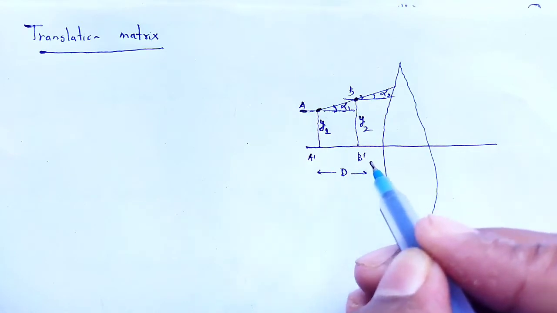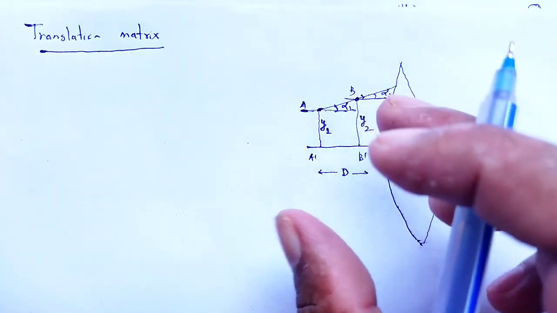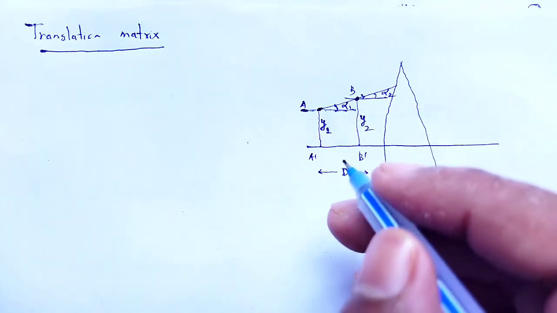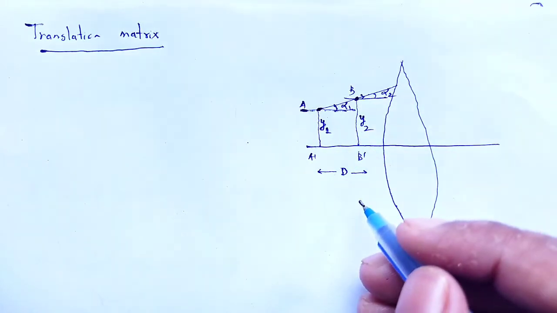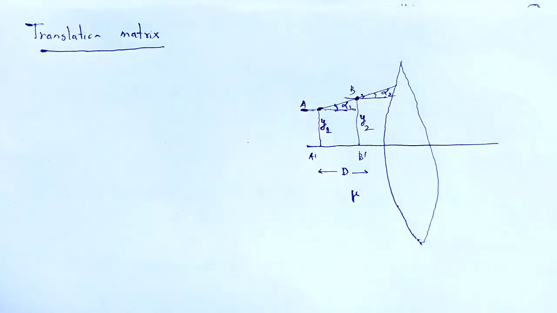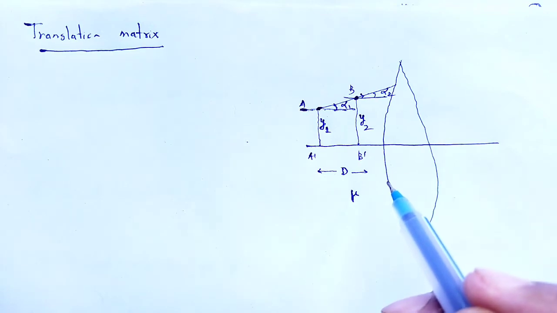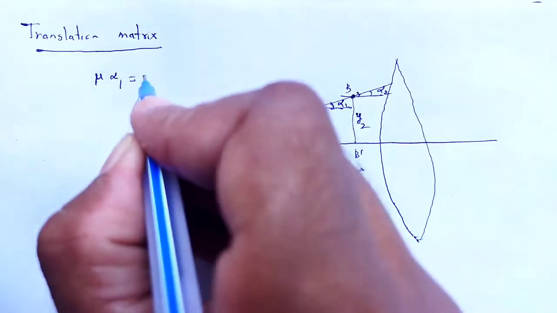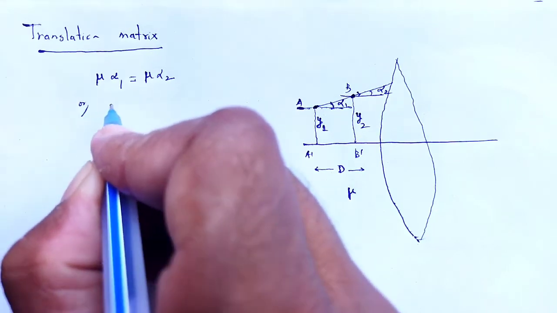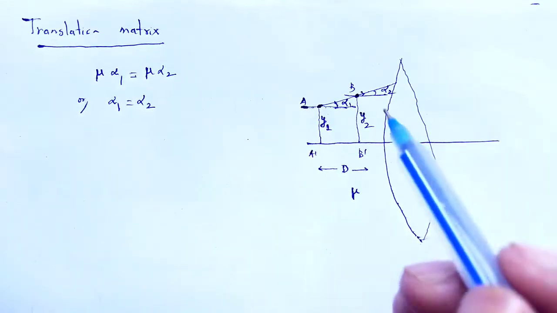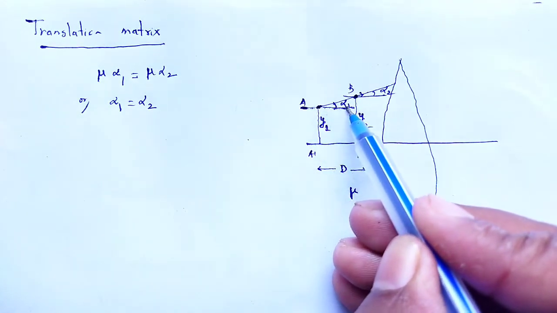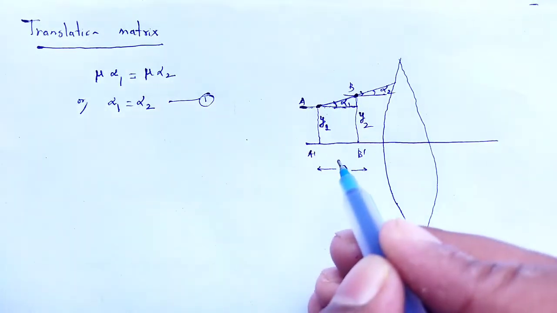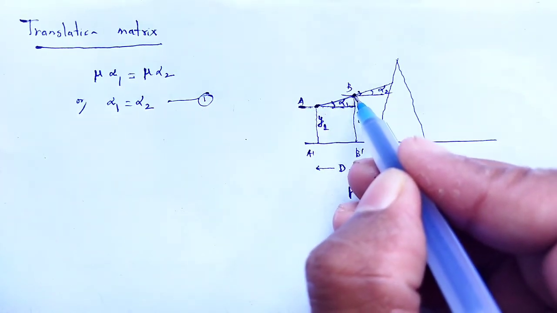the distance between A dash and B dash, and here the refractive index is the same as the translation occurred in the same medium. So the refractive index is the same here. Let mu be the refractive index. Now mu alpha 1 is the same as mu alpha 2. Therefore alpha 1 is the same as alpha 2. Look here, in that triangle, so equation number 1, again y2